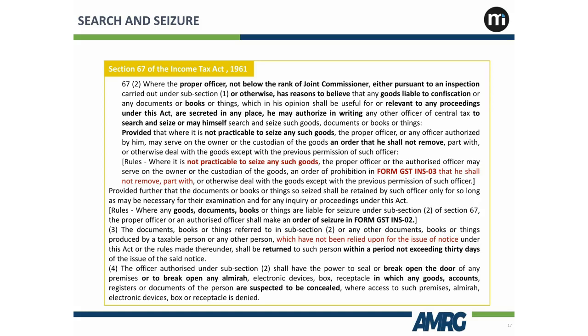So next point, section 67, subsection 2, where the proper officer not below the rank of a joint commissioner, either pursuant to an inspection or otherwise has reasons to believe that goods liable to confiscation or books relevant to any proceeding under the Act are secreted in any place, he may authorize in writing. So please note, the wordings are almost similar. First of all, proper officer, not below the rank of the joint commissioner, either pursuant to inspection,